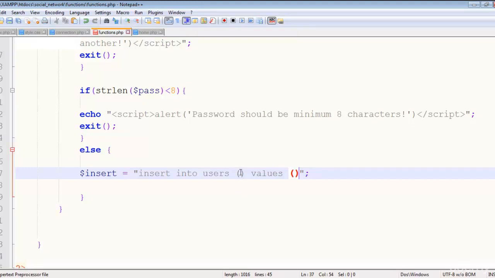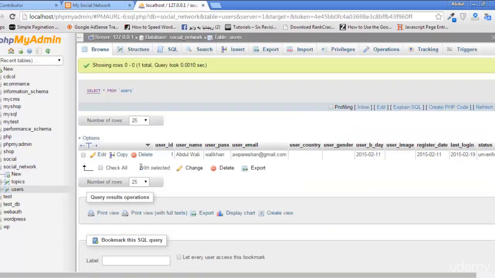In the first 2 parentheses we need to specify the fields inside the table, and in the next we will just write the values which are coming. So we'll insert these values into these fields. The first field is user ID, but that is automatically incremented, so we don't need to add it in the query. But after that we will start